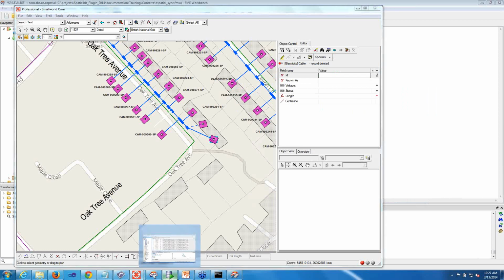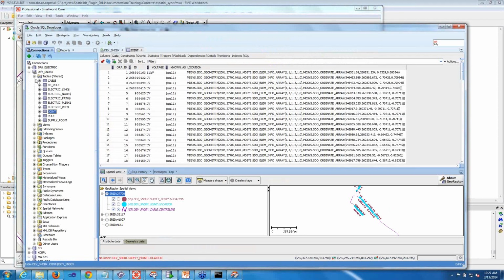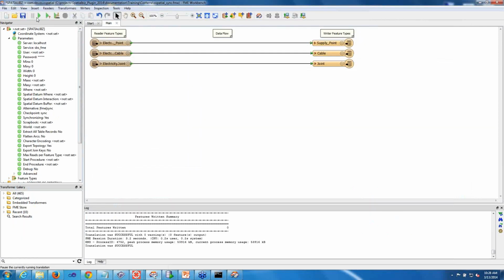I'm just going to show you the tables over in Oracle. This is my little scratch pad Oracle database, and this is the data down here. I just put it in GeoRaptor just so that we can get an idea of what it looks like up front. So I've made some changes around here. That line there is gone, and there should be another line coming in over here or something. So if I go ahead and I run this now,